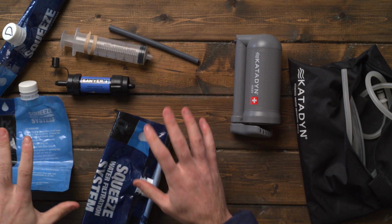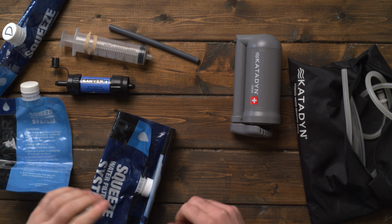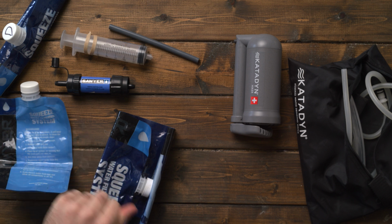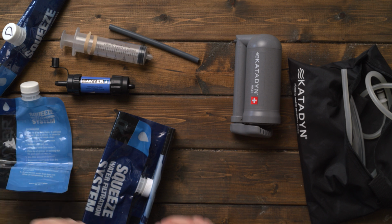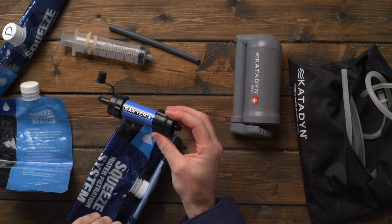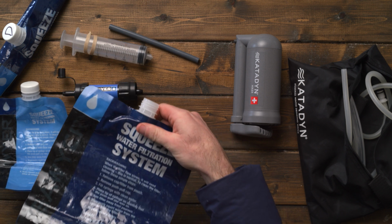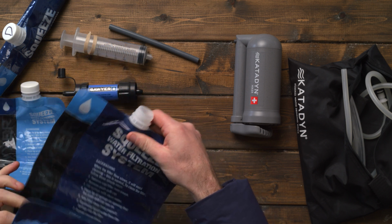The downside of this Sawyer Squeeze system, the mini, and I've seen people with the larger Pro one, is that if you're going to be doing extended hiking or extended backcountry camping, where over several days you need quite a bit of water, this really is not the most ideal product, because it takes so long to filter through this. What you're going to do is take one of these and fill it up with the water that you find, whether it's a lake or a stream or a river or whatever,